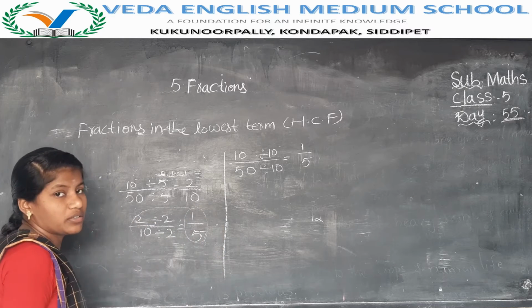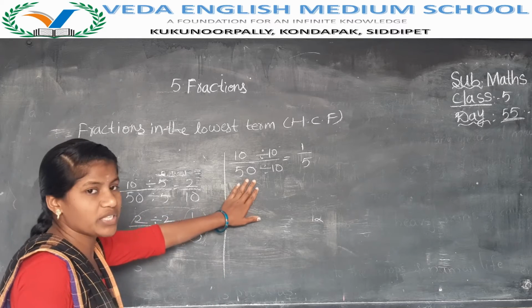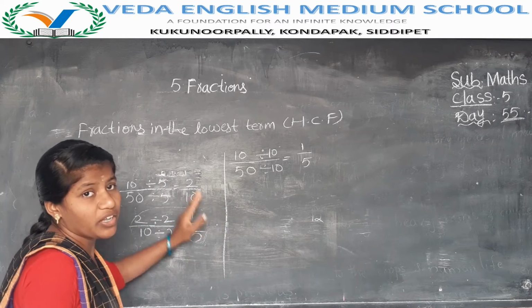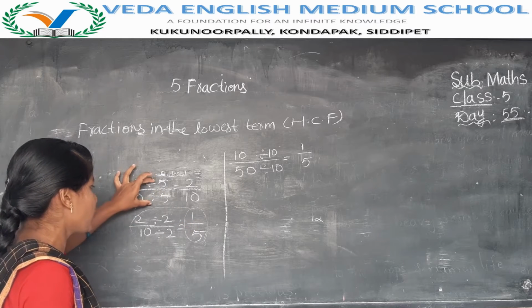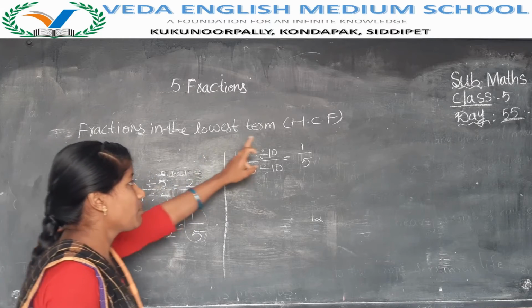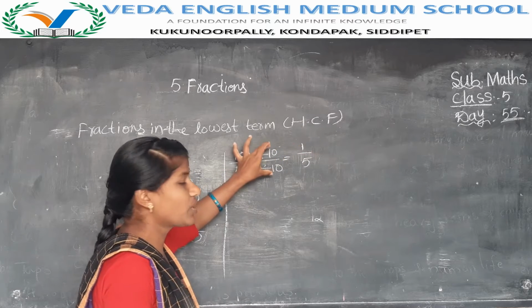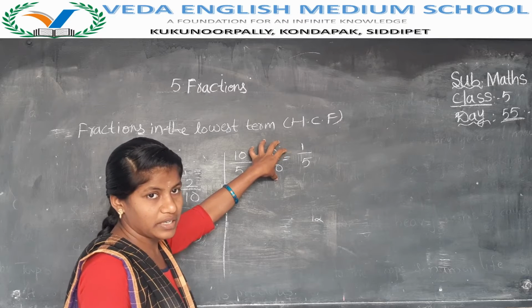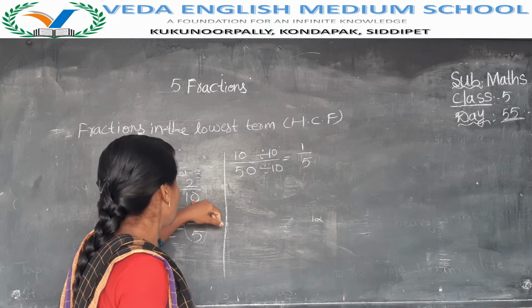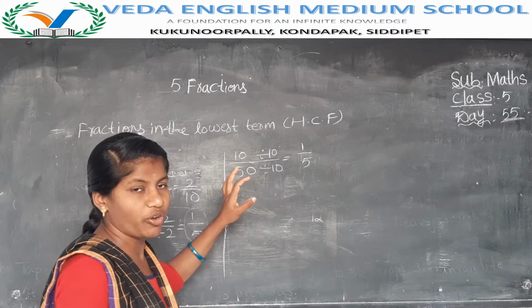Whatever number you take, you will get the same answer. But which type is it? It is by using the HCF method. It is by using the lowest form, just to find the lowest form. By using the lowest form method, you have done it in 2 steps. But in the HCF method, you have done the solution in only 1 step. So it is like a shortcut. Okay? It is the HCF method and it reduces the fraction into lowest form.